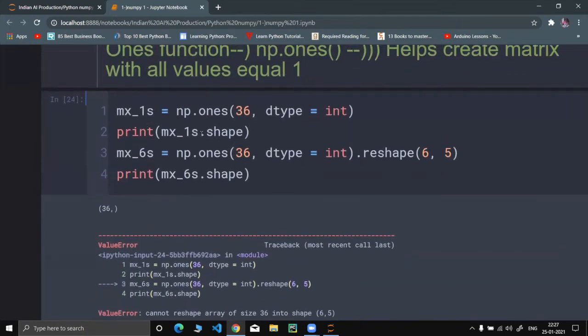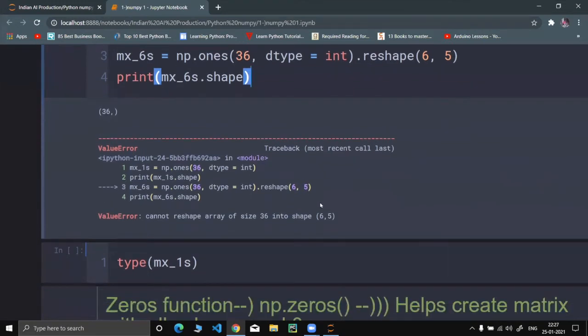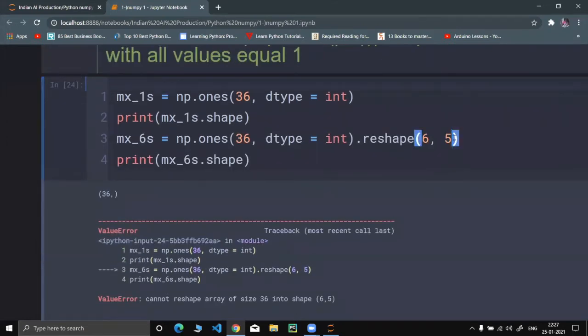The first 1D array shape is clearly 36 cross 1, but when we try to print the shape of mx_6s, since this multiplication is not equal to 36, it's not able to reshape it properly. We get a ValueError: cannot reshape array of size 36 into shape (6,5).